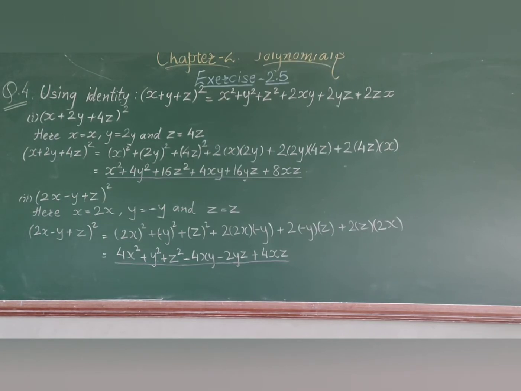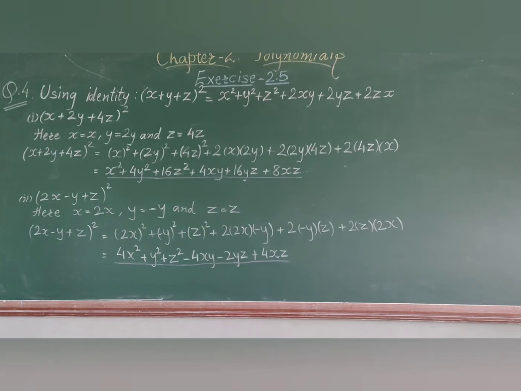Starting from question number 4, that is question number 4, expand each of the following using suitable identities. Now, whatever polynomials are given in question number 4, you have to expand those polynomials using suitable identities. Looking at all the 6 questions of question number 4, you can see that they are all perfect squares